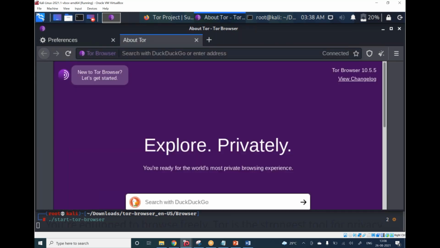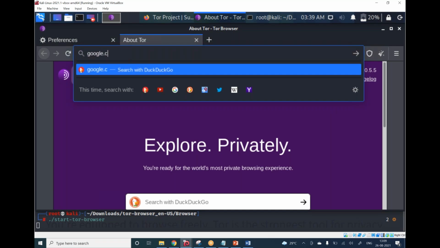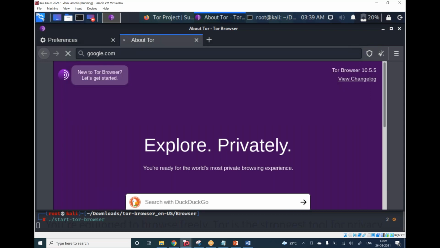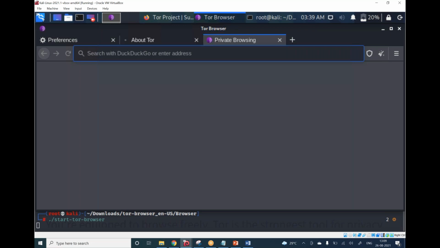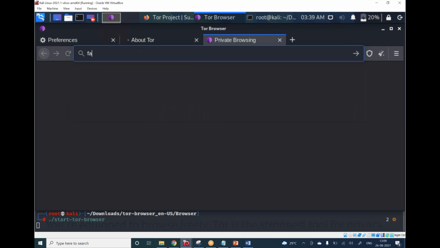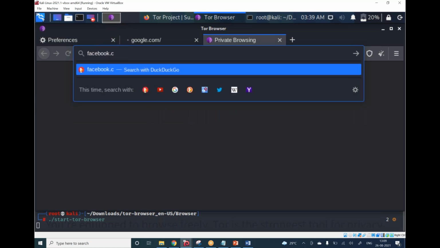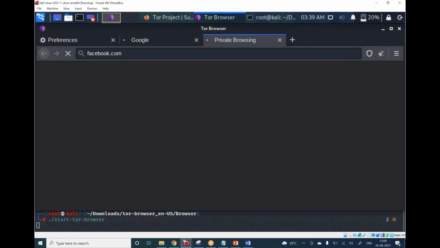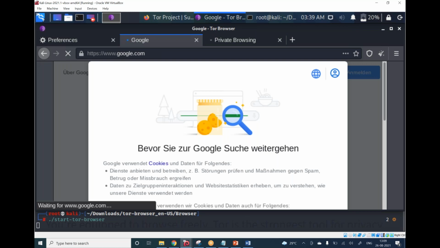So if I go and type Google, now I'm able to use Google.